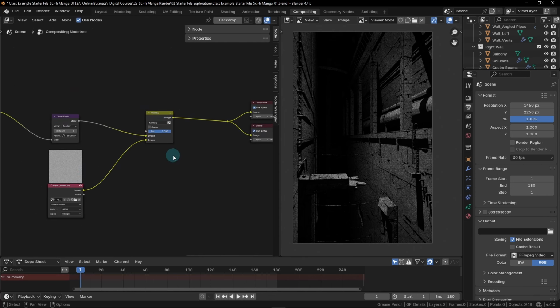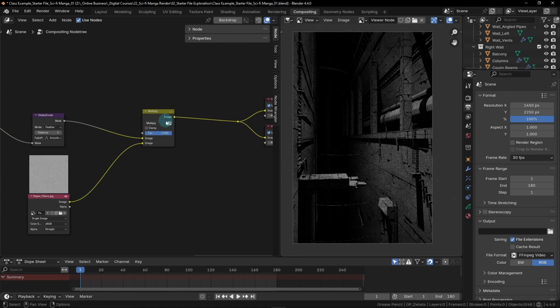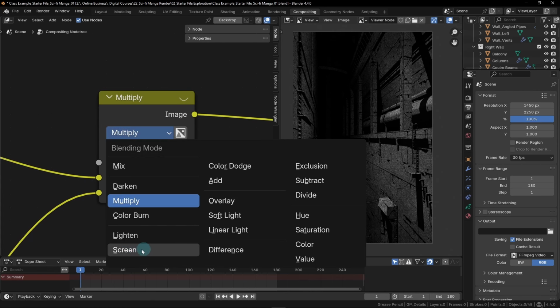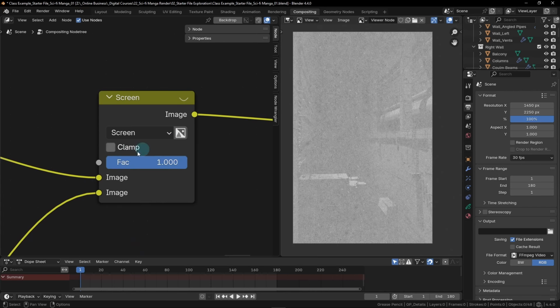The only thing that we need to adjust is the mix color node, as the paper fiber image is already loaded for us. So let's zoom in here, and we're going to switch it from the multiply mode to screen instead, found here. And then one last change, we're going to switch the factor down to